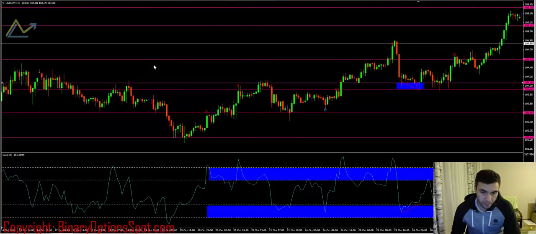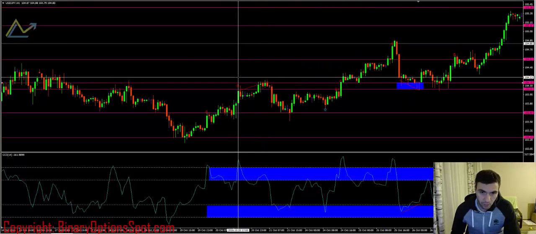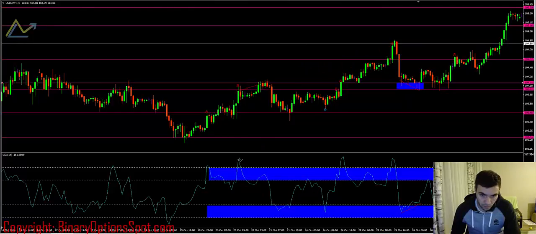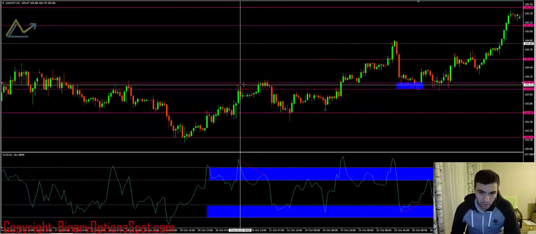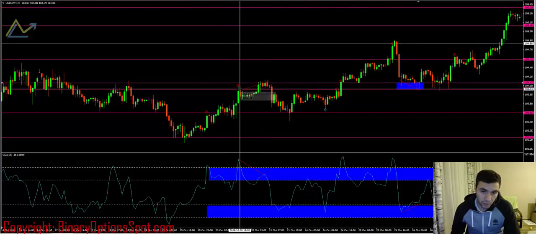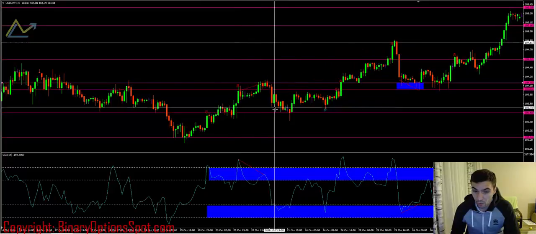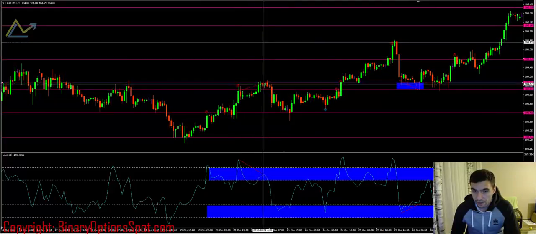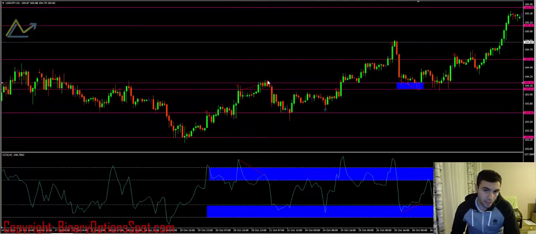Okay, here we have a pretty good example also. As you can see, again a negative divergence, and again here we have a resistance, but we don't know about the divergence yet. So here in this area we know about the divergence, and